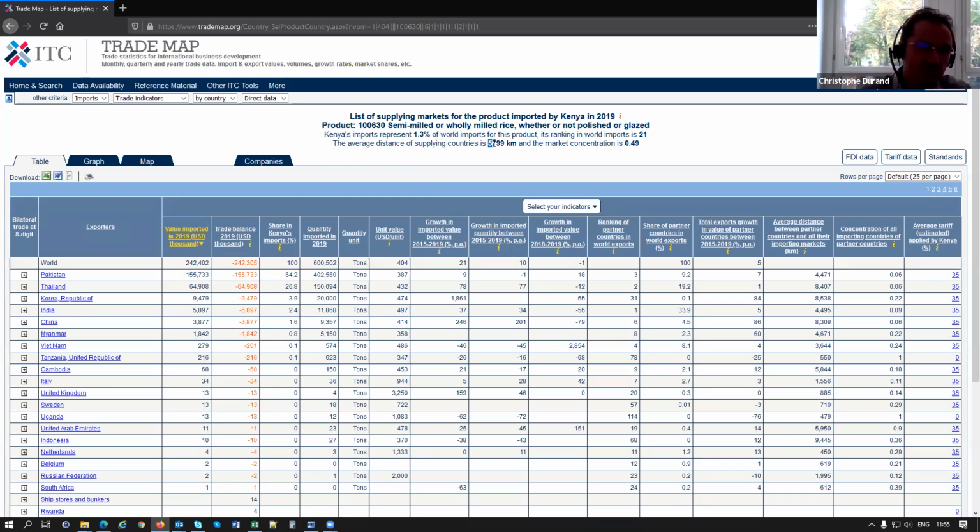In terms of distance, it's the same thing. In terms of concentration, same thing. All right, so what we observed in the previous table is also valid in that particular table. And just like before, what we find here is again Pakistan and Thailand concentrating about 90% of Kenya's imports, right? Now, that's the situation today. So the question is, how can we identify other countries to diversify the